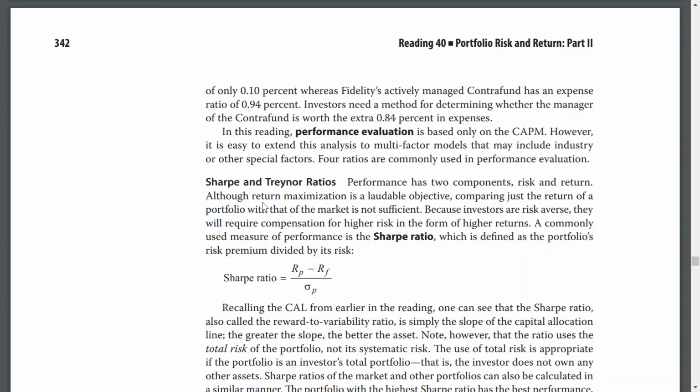Four measures are commonly used in performance evaluation: the Sharpe ratio and the Treynor ratio,